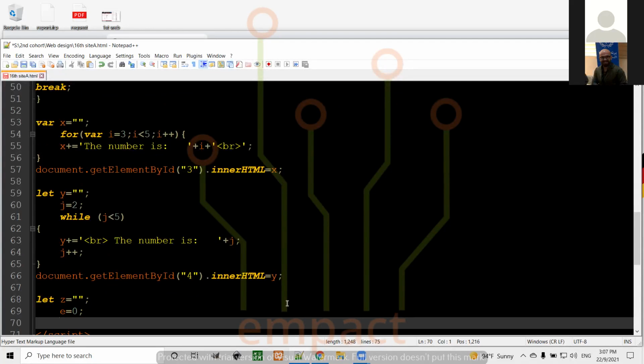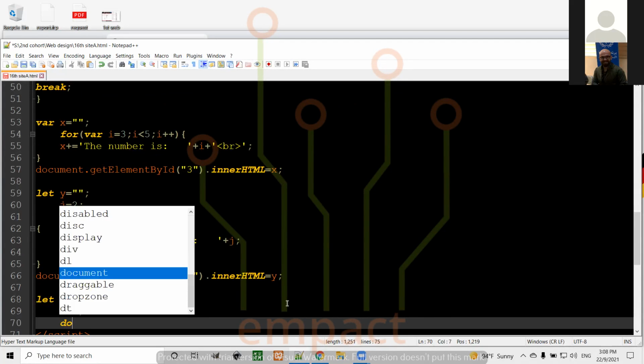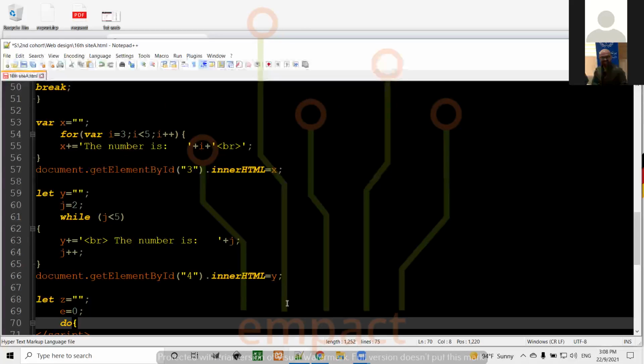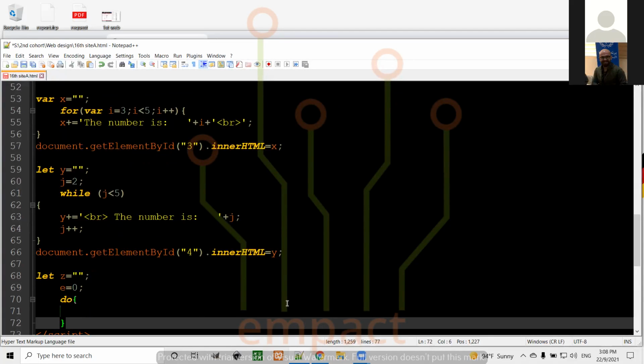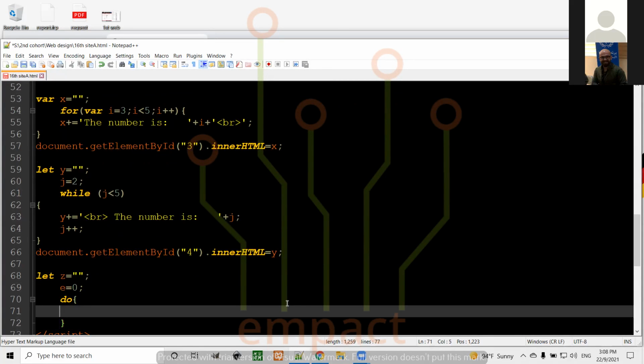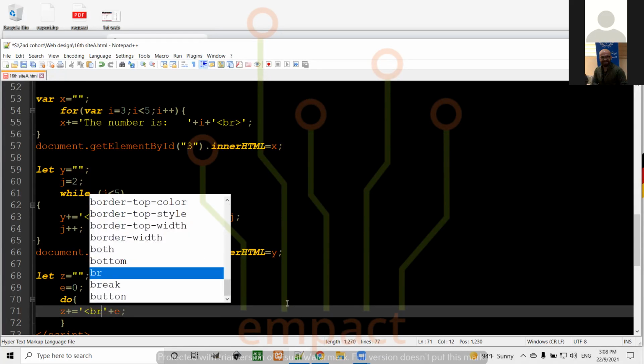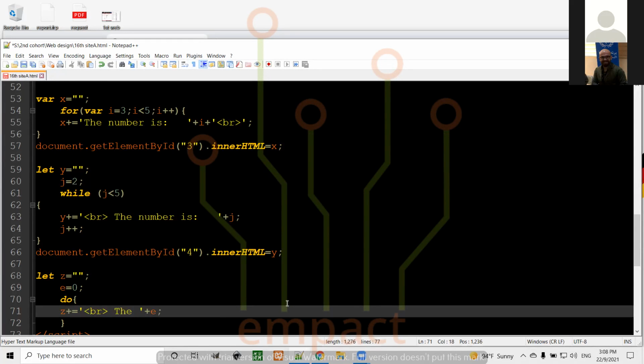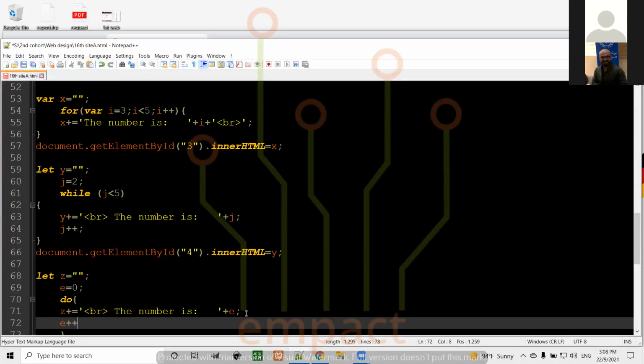So now we are just saying do what? Straight, we have to open the bracket and close the bracket. In between, I will say do z plus equal to plus e, like this. Then I will have a break, and the number is. So this is how I want to deal with my equation. And then what I have is e plus plus